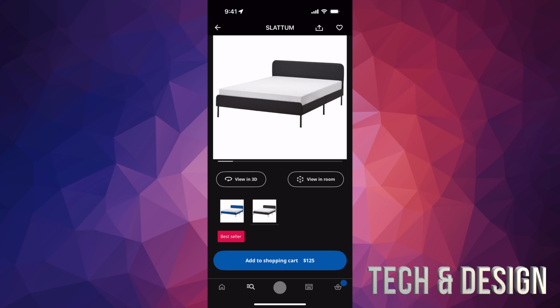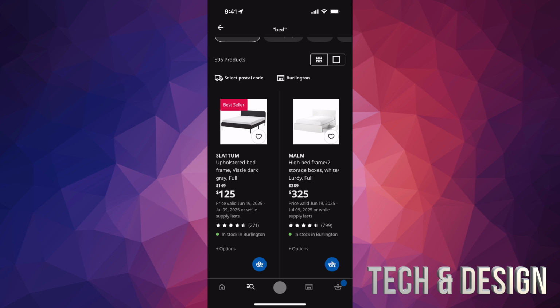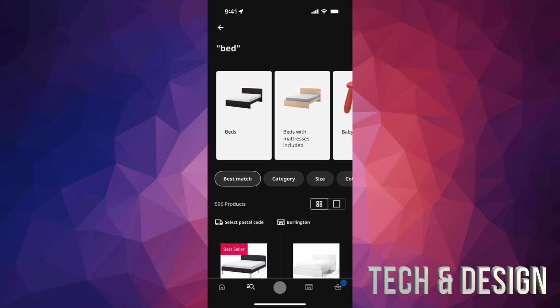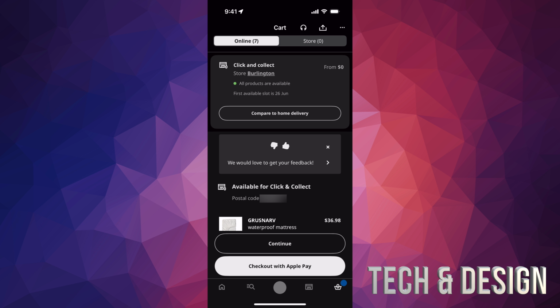Once you find whatever you want and add it to your shopping cart, you will notice all the way on the bottom right side of your screen, that's going to be your shopping cart. That's to just go ahead and check out. So that's exactly what we're going to do. Just tap there. All right, so once you're right here on your checkout, you will see you can